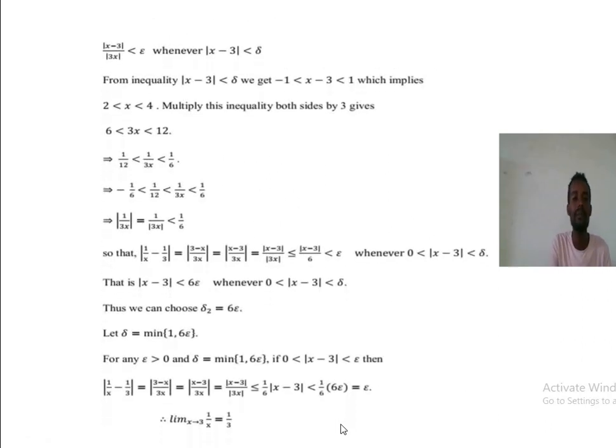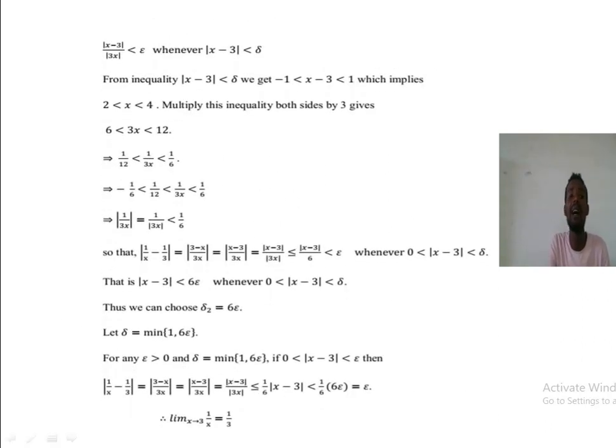So that if delta is 1, then the absolute value of x minus 3 over 3 times x is less than epsilon, whenever the absolute value of x minus 3 is less than delta. Let us choose our delta as 1. So we have the absolute value of x minus 3 less than delta. We get that, since our delta is 1,